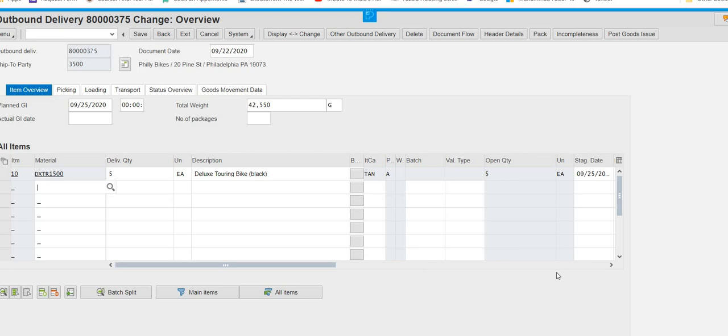You have to enter two things. One is the picked quantity, that will be 5 equivalent to the order, and you will change the storage location, means where they are stored. The code given for that storage location is FG00, finished goods 00.